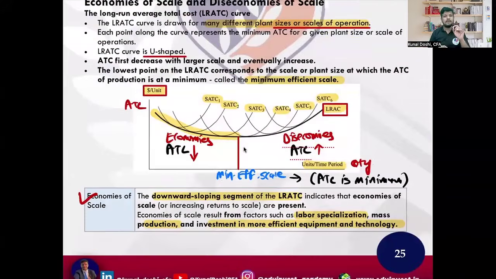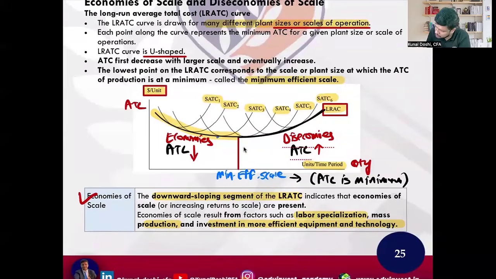Everyone with me? Right? Many people ask me why China is able to produce at the cheapest cost. Because it is having economies of scale. The more and more it produces, its cost per unit is going down. That is called economies of scale. But over a longer period, many large companies, especially government companies, the decision-making process becomes too slow. So then they face diseconomies of scale.